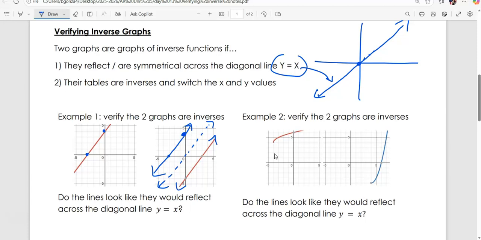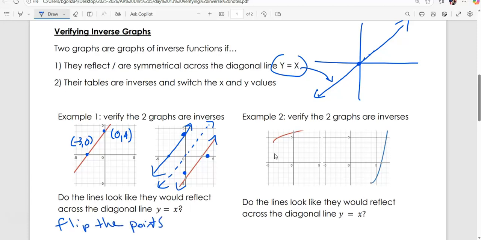Now, the way you would know for sure is this point is -3, 0. This point is 0, 4. If you flip them around, do you get 0, -3? And the answer is no. 0, 4, do you get 4, 0? The answer is no. Even though it looks like it, if you take these points and you flip the points,